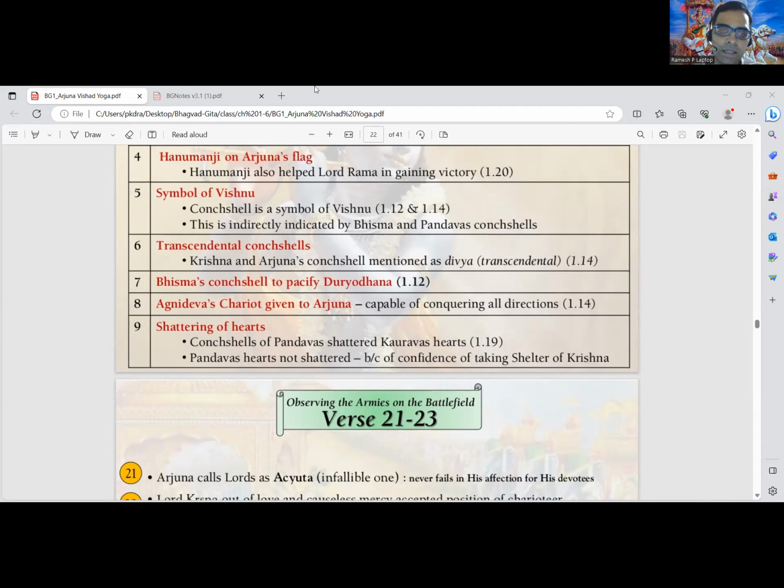Anyone can raise your hand. Okay, there are 2 participants. Very good. Okay, so this time we'll give Rajni Mataji first, and then Pankaj Prabhu next you. Because you have been answering a couple of them, let us give the preference to Rajni Mataji first. Rajni Mataji, you can go ahead.